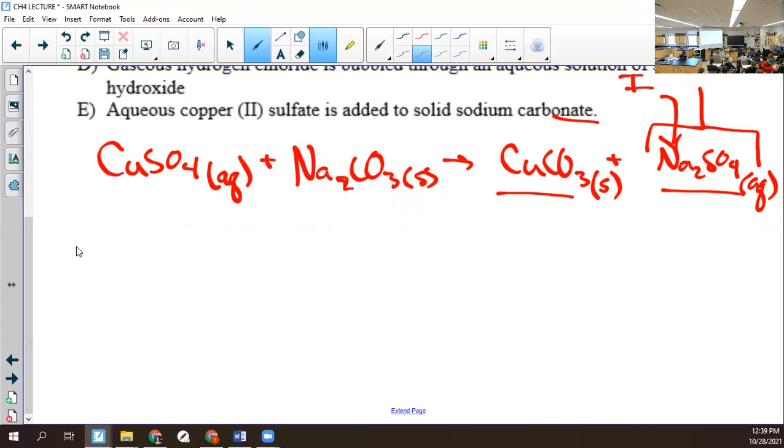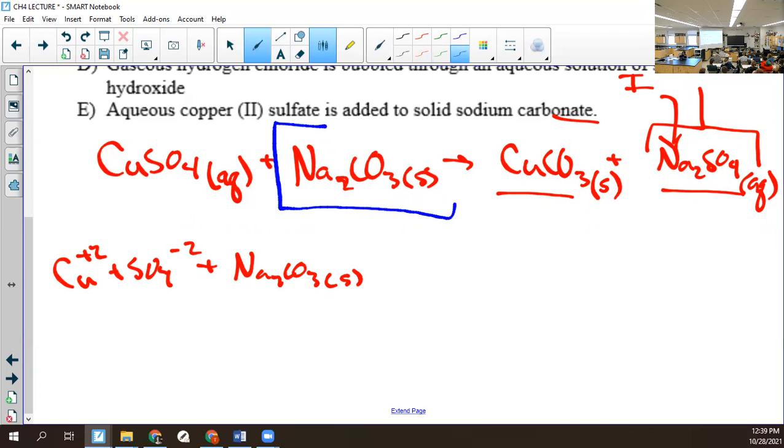Let's break up everyone that's aqueous. Cu+2 plus SO4-2 plus Na2CO3 solid. Maybe everyone didn't hear Preston's question, but he said, well, then why was this a solid? And the answer is because I took a bottle of copper 2 sulfate, poured it into a beaker, and then I poured in powdered Na2CO3. If I had had this in water, it would have been aqueous, but I'm just adding the powder. Okay, then my arrow,